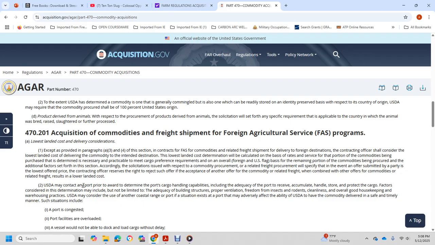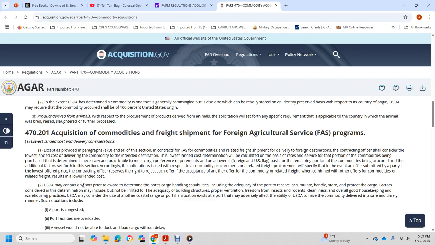The lowest landed cost determination is calculated based on the rate service of the portion of commodities being purchased that is determined necessary and practical to meet the cargo preference requirements of U.S. flag vessels, the remaining portion of the commodity being procured, and the additional factors set forth within this section and the solicitation issued with respect to the commodity procurement and the related freight. In the specific event that an offer is submitted by a party with the lowest